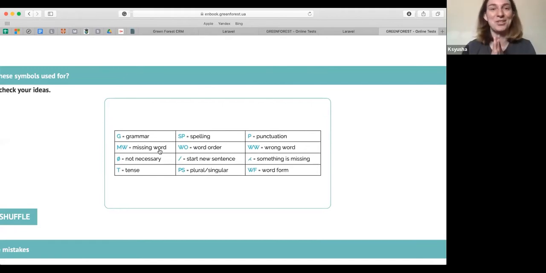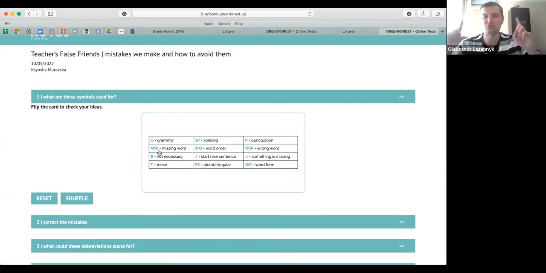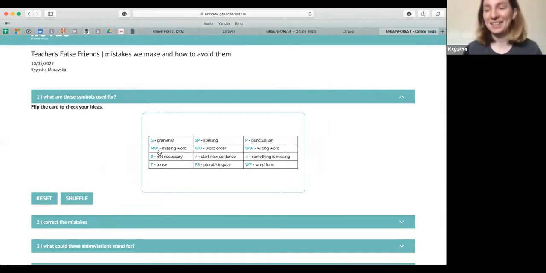So, in what situation do we use those symbols? Mistakes. Type of mistake. Okay. When we check what? When we check, for example, there is an exercise to find a mistake. Yeah, there can be different types of mistake. For example, missing word, wrong word, punctuation, spelling, tense. Okay. Well, I'm not sure that students will use that, but teachers, yeah, heard the right idea, while checking their